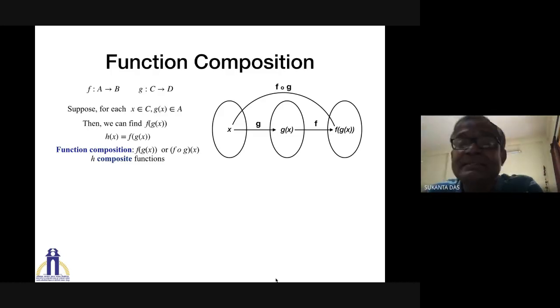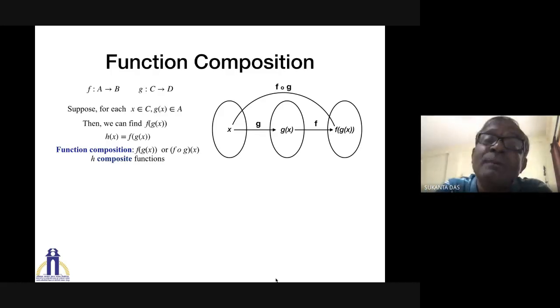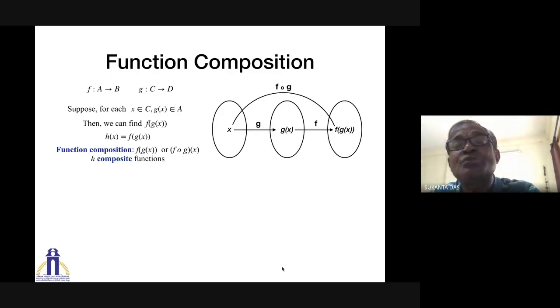Then on g(x), I am again applying f, and then I get f of g of x. So serially, I am applying the functions, first g, then f. And then what I get is as if I am jumping from x to f of g of x. So I'm getting a new function h, which is nothing but f compose g, right? This is the pictorial representation